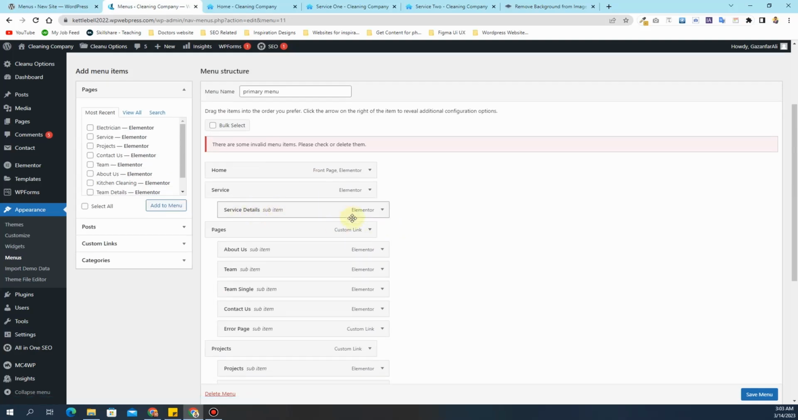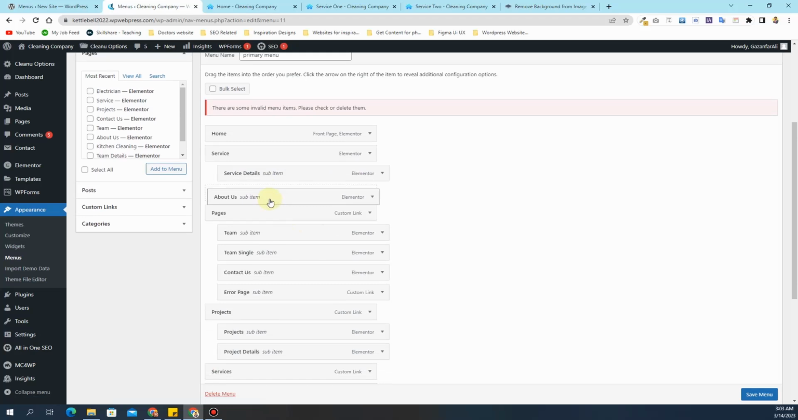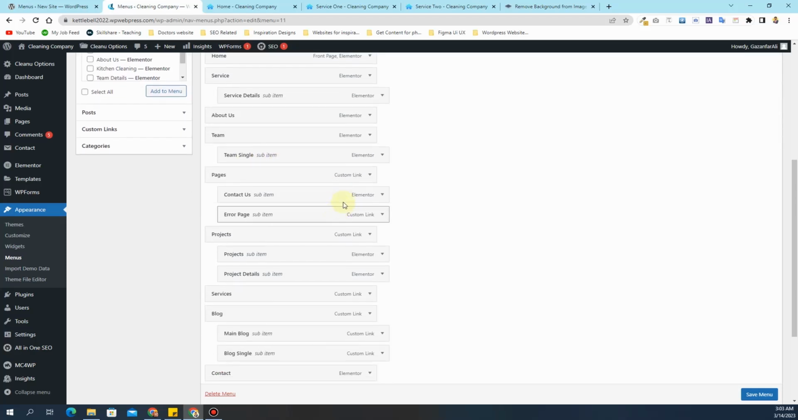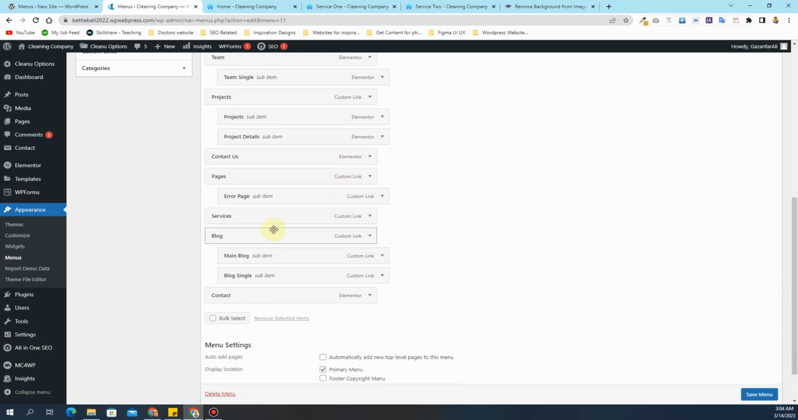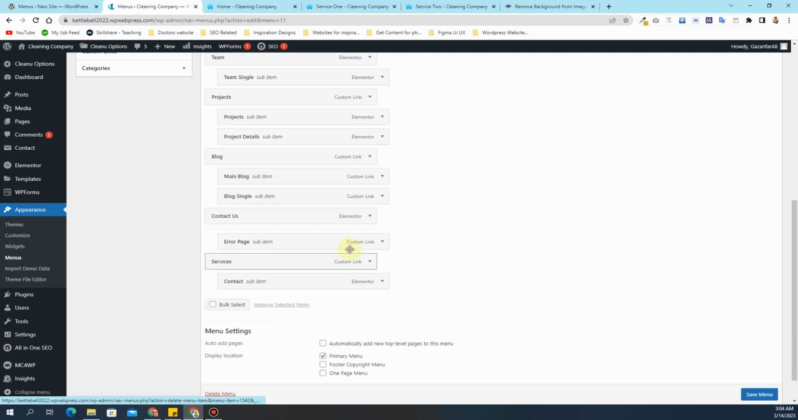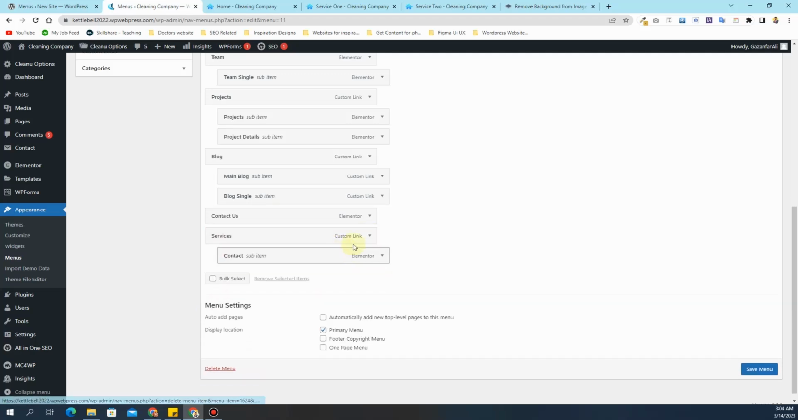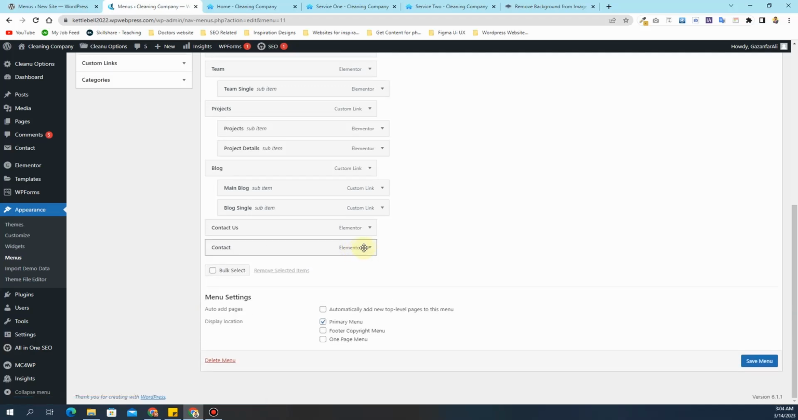For now I'll add this right here, and then I want to have an about us page, and then a teams page, and then we can have a team singles page right here, and then we will have this contact us page. Then we also need this projects page as well. After that we can keep the blog page, and at the last we actually have the contact us page right here. So I want to get rid of these custom links that you are seeing here,